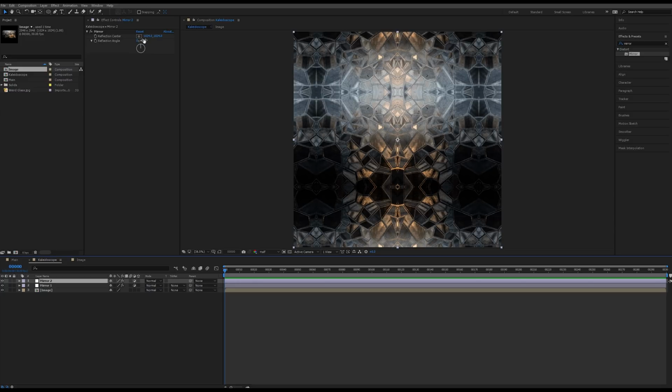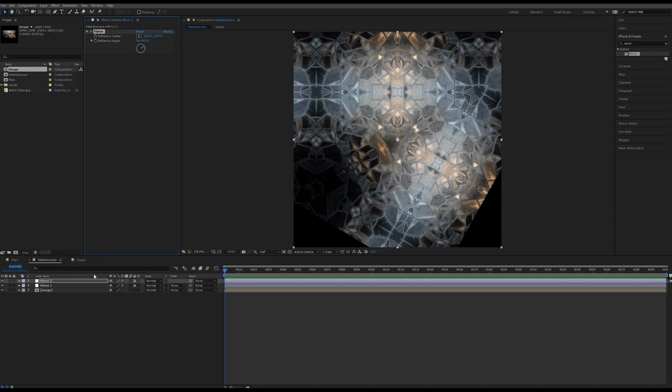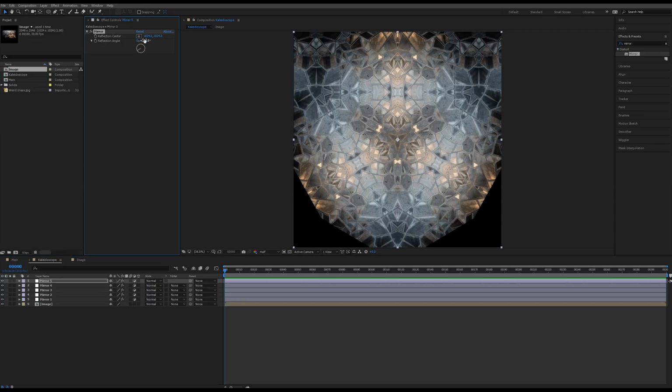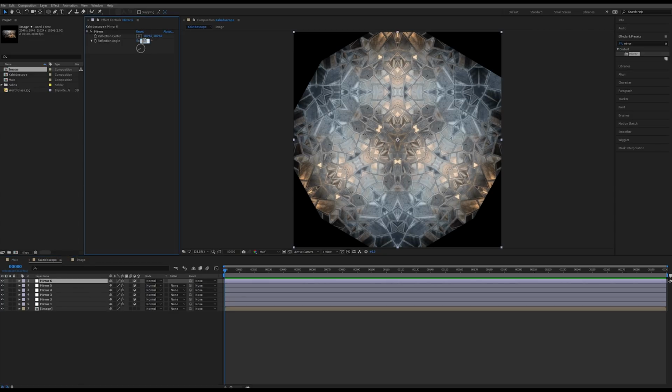And the rule of thumb here is we need to divide our mirrors by 360 and try to get an even number. You don't have to do it like that, but that is a good rule of thumb. So on this first one, let's do 60, and then we'll increment by 60. So let's do 120 for the next one, Control D again, and then 180 for this one, and then we'll do 240, and then we'll do 300. If you do another one for 360, you're just coming right back to where you were before at one full rotation, so that doesn't really make sense to do. So we can have 6 mirrors and that will be fine.